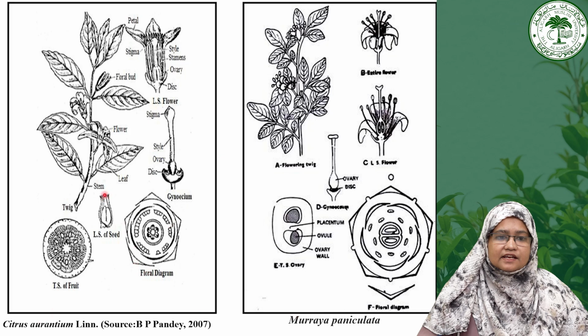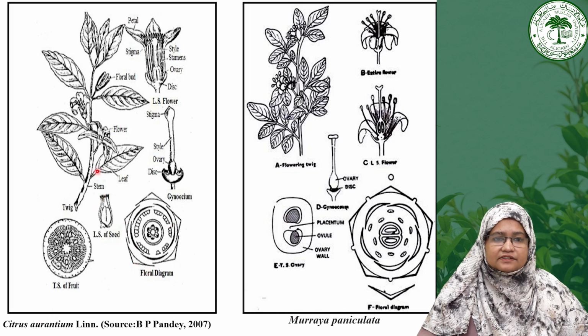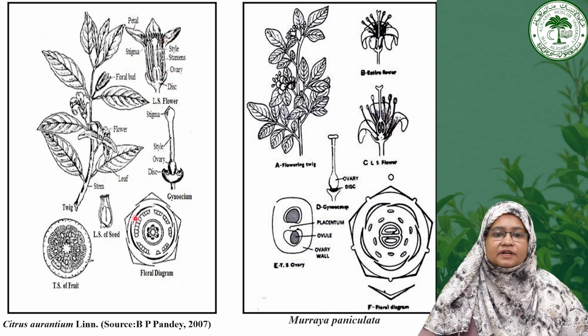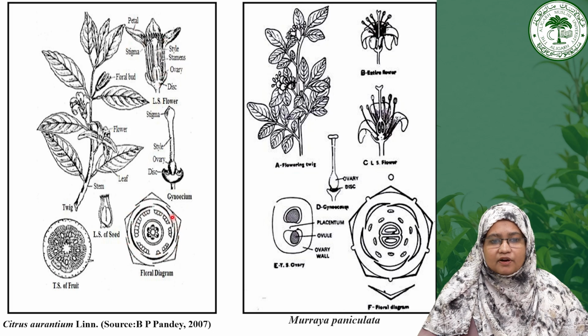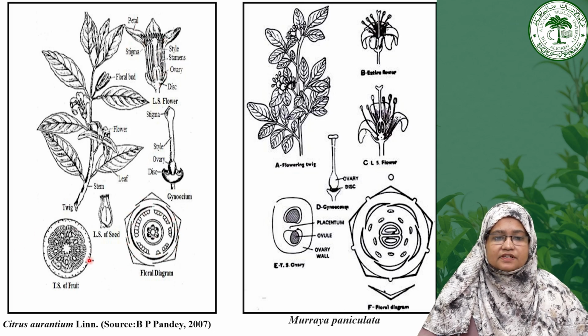You can see here, as I have told you, the leaves generally have an alternate arrangement. If you see the LS of the flower, this is the ovary. The number of stamens varies, and they are arranged in many groups, which is termed polyadelphous. Then the fruit is a Hesperidium, there is an LS of the flower,